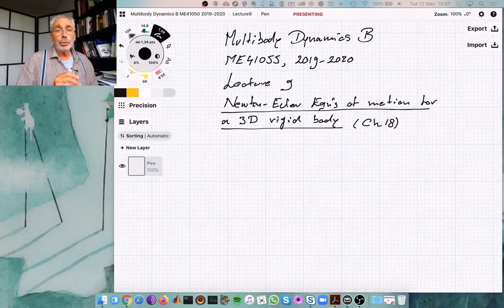Now you would think going from 2D to 3D is only one number, but in complexity it seems more like going from a complexity of 2 to a complexity of 6. It's suddenly becoming very complex, and that has to do with orientation. So in the coming 3 lectures, we will focus on how to represent orientation, how to calculate that, and what the equations of motion for orientation are. But of course, before we do that,